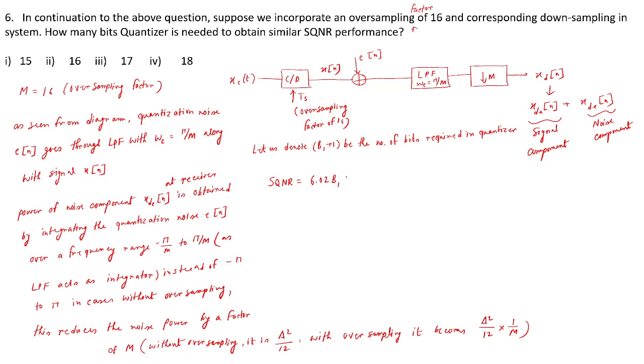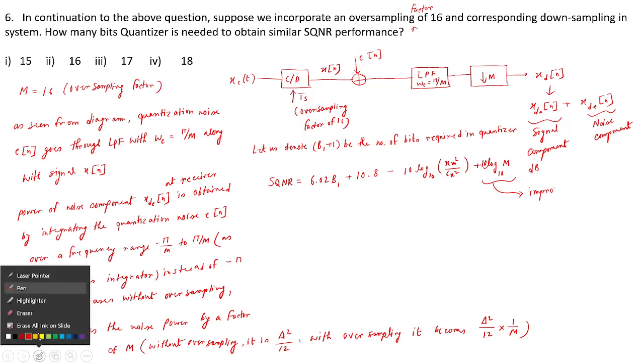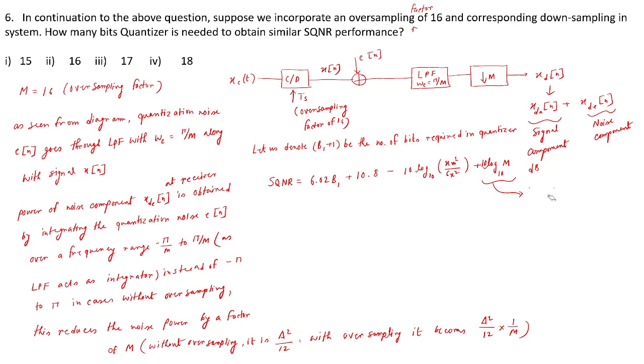So it now becomes 6.02 times b1 plus 10.8 minus 10 log base 10 of (xm by sigma x) whole square plus 10 log base 10 m dB, and this part is the improvement, you can also say gain from the oversampling